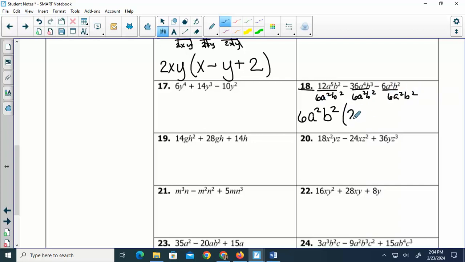So 12 divided by 6 is 2. With my A's, you subtract exponents. So 5 minus 2 is 3, and B squared cancel. Minus 36 divided by 6 is 6. With my A's, 4 minus 2 is 2. With my B's, 3 minus 2 is 1. Minus, in the last one, everything cancels. So what do we put? 1. Do we need more practice with this? So let me